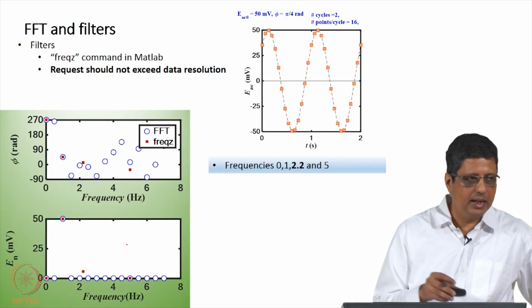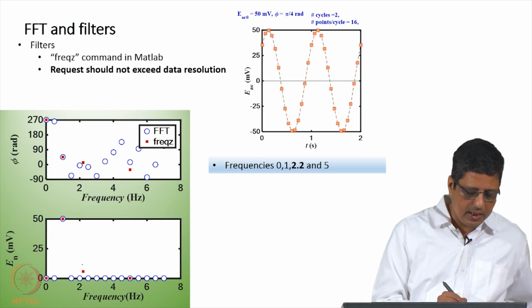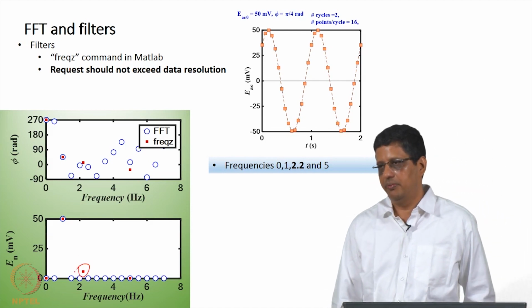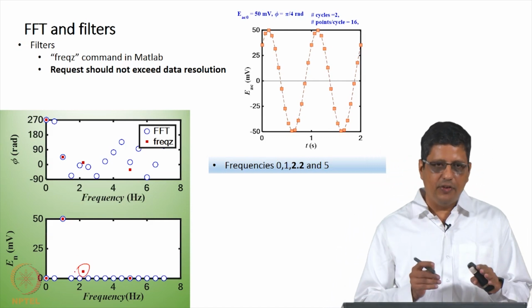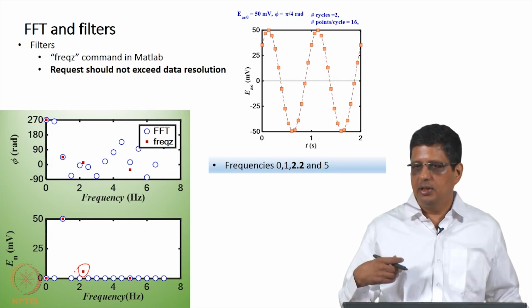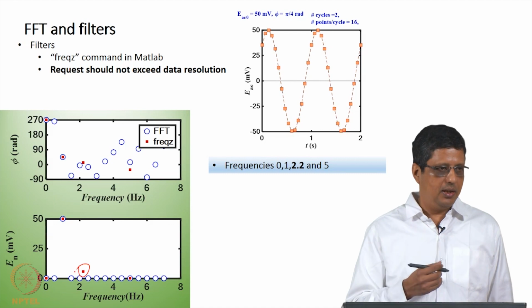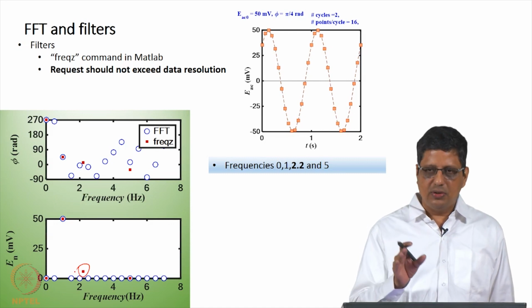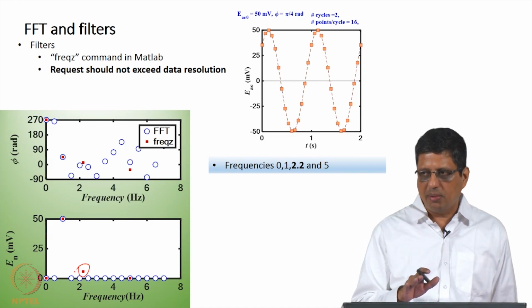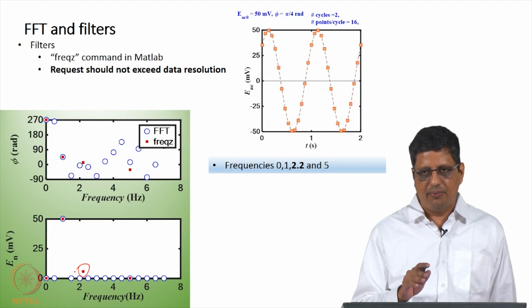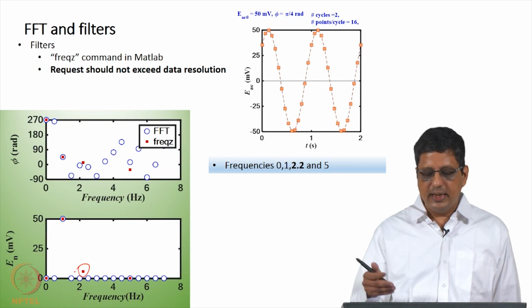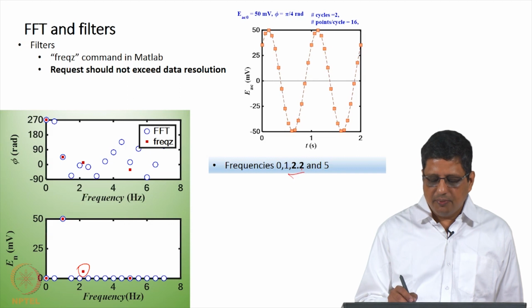It will do the mathematical calculation and give me a result, except that it will give me incorrect information. Unless you are aware of it, you will process it further and get results, but they will not be correct. When they implement it in hardware also, they will have to use some tricks. A single sine is usually not a problem, with multiple sines you will have problems. I want you to go through the details and see.